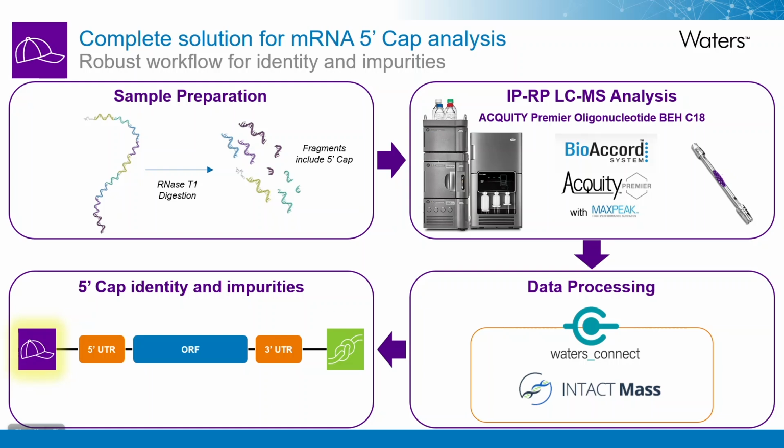However, in the data set I'm about to show you, the Cap1 product and its enzymatic impurities were artificially added to a 25 nucleotide long oligo to mimic an RNase H digestion of an mRNA, which would isolate its 5' cap. The capped oligos were then mixed in different ratios to determine the level of impurities that could be detected in a typical analysis.